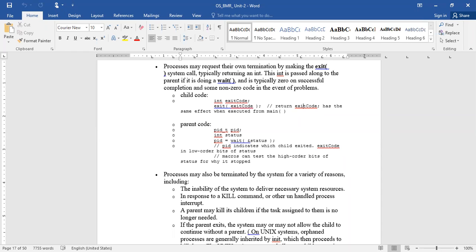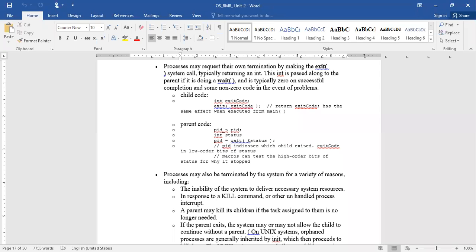In the same way, whenever the resources required by a particular process are no longer available, the system will automatically terminate it. Sometimes a process may be stopped when you use the kill command.